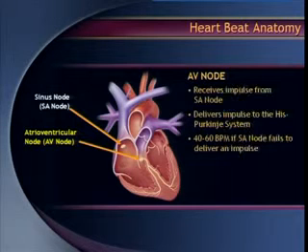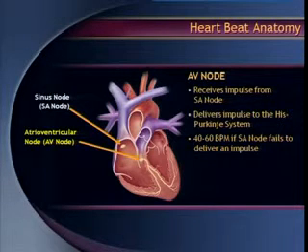Now comes the second part. The sinus node generates an impulse, sending it to the AV node. You should keep in mind that the electrical impulse from the SA node goes into the AV node at a slightly lesser speed. That means it has the property of a backup pacemaker. So from the SA node to the AV node, it conducts a little slowly. It is called a speed breaker. We have a speed breaker there.